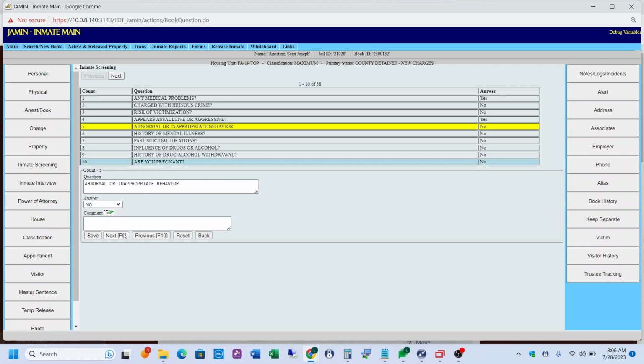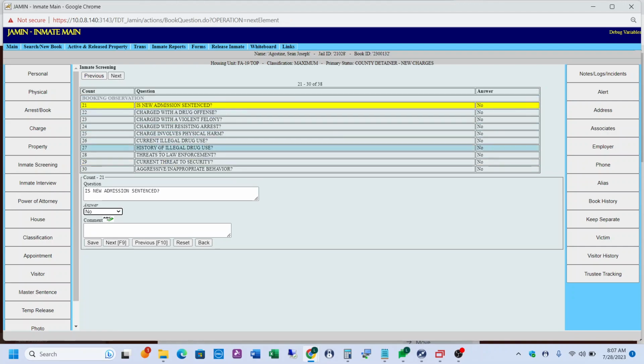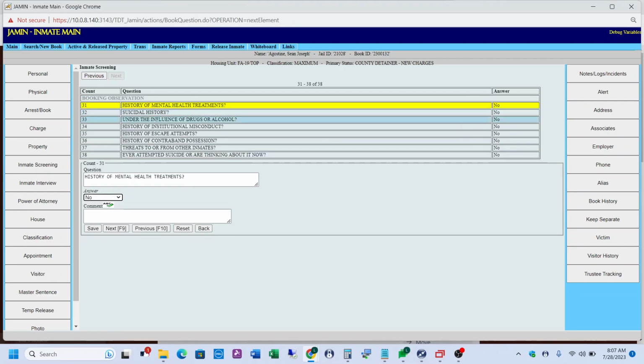As you're paging through and you come to question 10, you'll notice the first 10 questions are listed at the top. When I click next here, it goes to the next 10 questions, 11 through 20. For this training video, I'm not going to go through all 38 questions. But I do want to note that when you get to question 38,